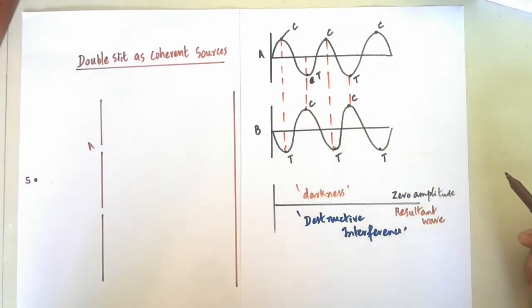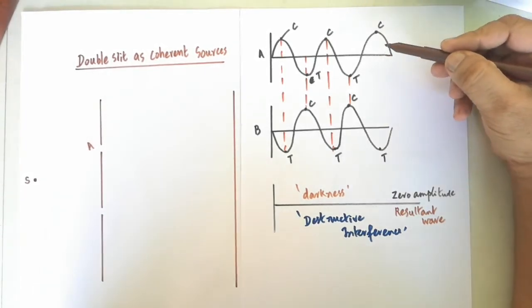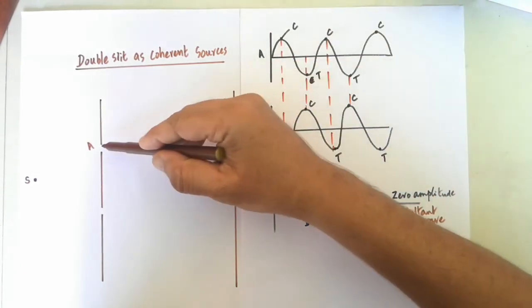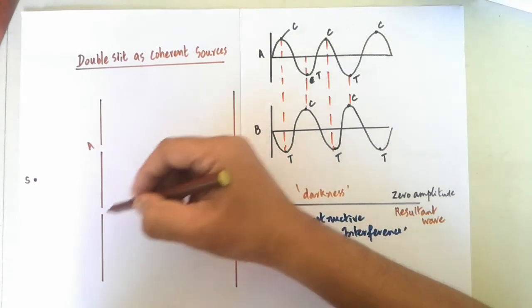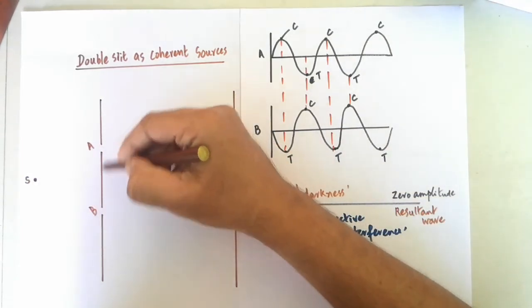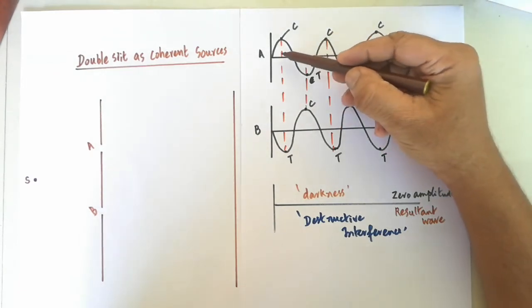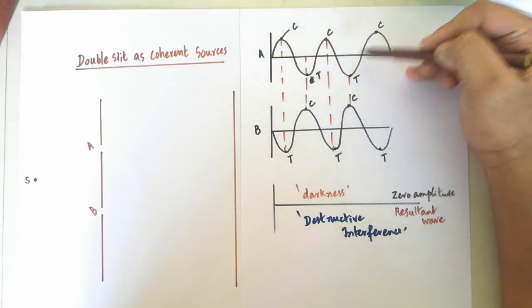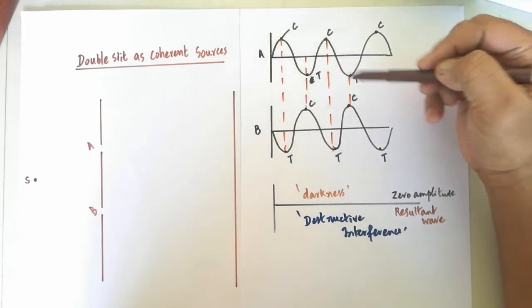Now I am going to explain destructive interference by using the waves. Listen here. These are all the waves which are originating from the A slit. These are all the waves which are originating from the B slit. From these two slits, the waves are originating. So here, look at the wave, in which you are able to observe the positions of the crest and trough. Here also, the second wave from the B slit has troughs and crests.